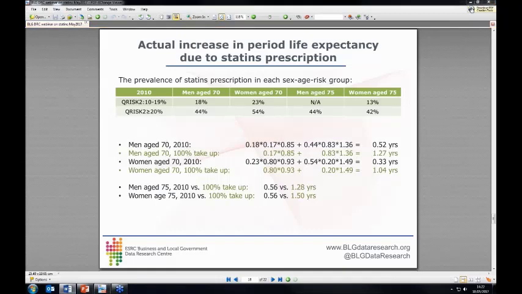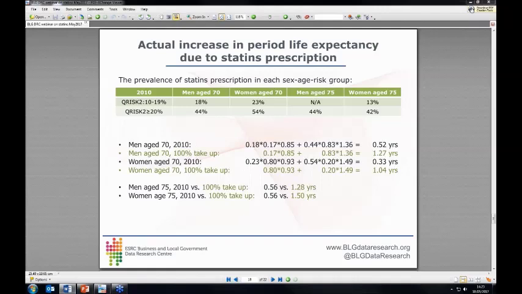With the previous slides, I explained the possible impact of statins prescription for an individual. With the current slide, I will explain the possible impact of statin prescription on national level. Based on the statin prescription rate in each cardiac risk group, the prevalence of these groups, and the change in period life expectancy associated with statins prescription in these groups, the effect of statin prescription on a national level can